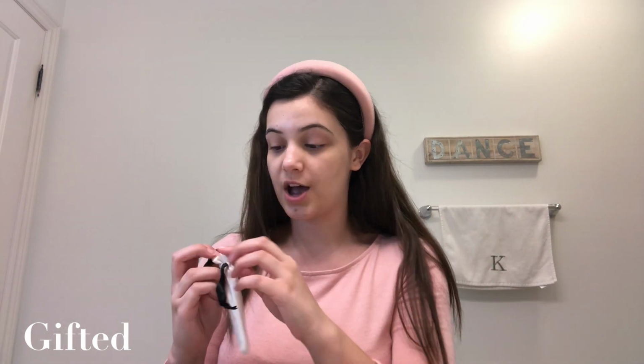So the one thing about it is the scent is really strong and earthy. If you like earthy scents, then you'll love this. If not, that's just a little warning. It is very earthy. Personally, it doesn't bother me that much. And my moisturizer has another fragrance to it, which kind of subdues it. So they also sent me a free little gua sha, which is just a facial stone, and I've been using this along with the face oil